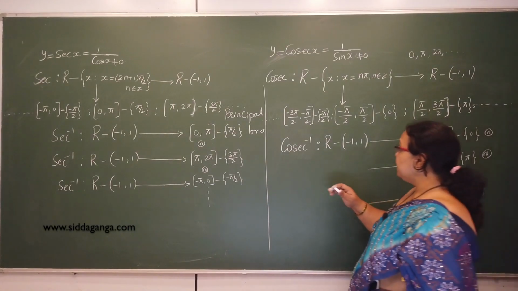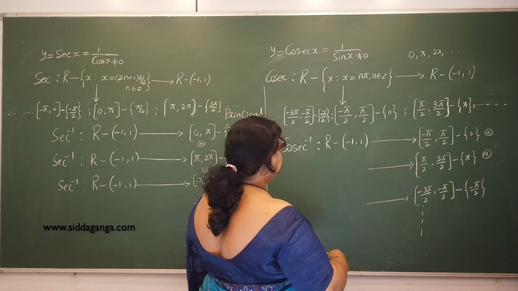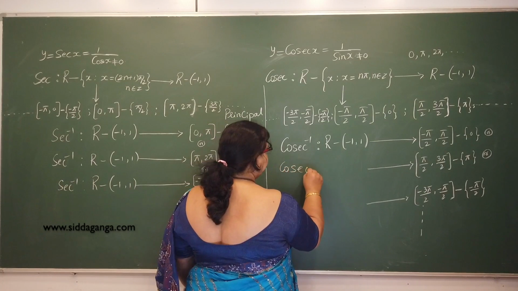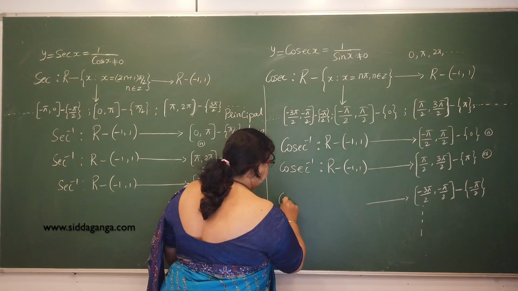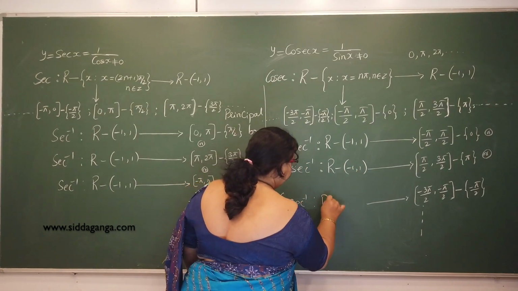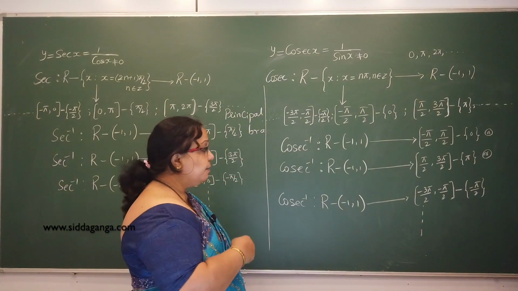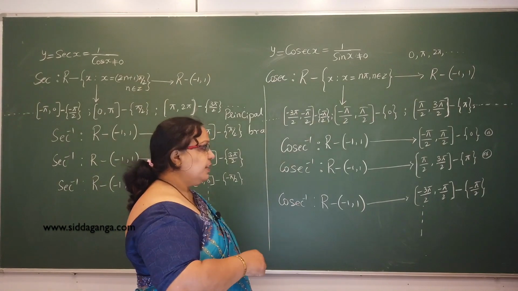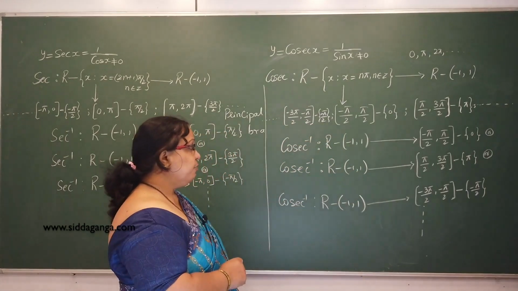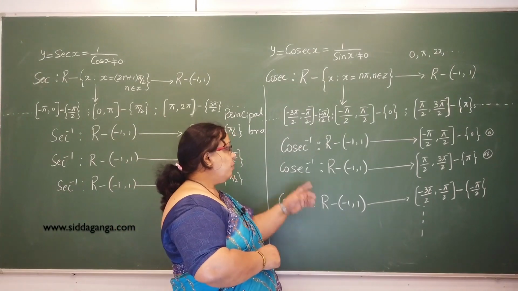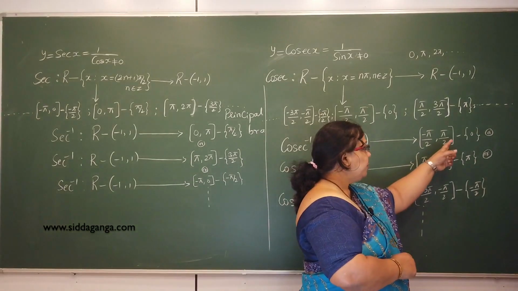So in each of these intervals taken as the range, we have defined cosecant inverse with that as its range. The domain remains the same. So that is cosecant inverse. It is a mapping from R minus the open interval minus 1 comma plus 1 to any one of the intervals. In particular, if we consider the range for the cosecant inverse function as the closed interval minus pi by 2 comma plus pi by 2 except 0,